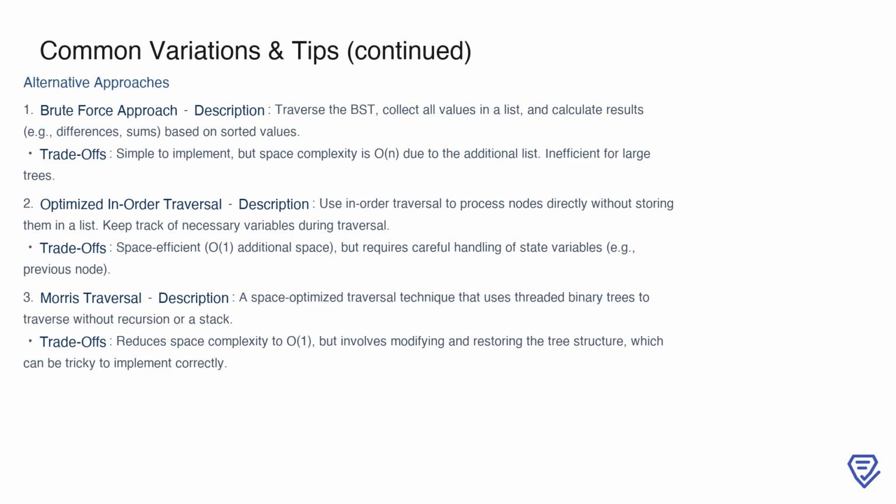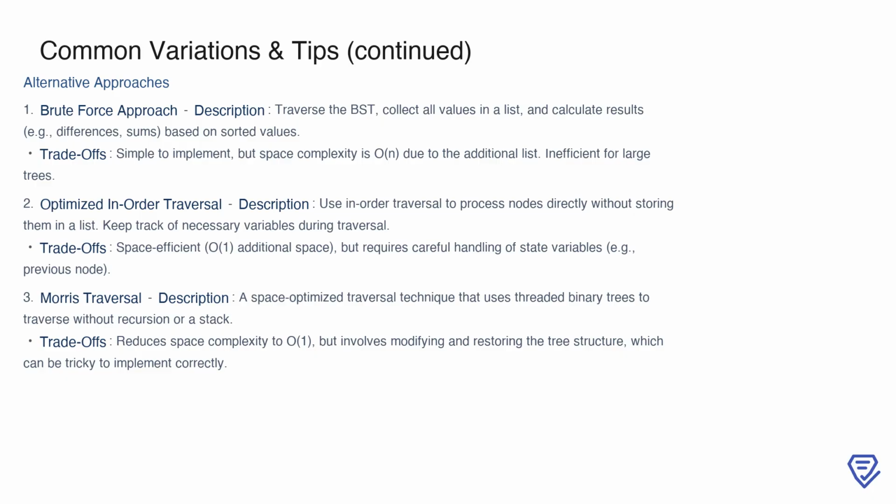There are multiple approaches to solving this problem, each with its own trade-offs. The brute force approach involves traversing the BST, collecting all the values in a list, sorting them, and then calculating the required results, like differences or sums, based on the sorted values. While simple to implement, this method has a space complexity of O(n) due to the additional list, making it unsuitable